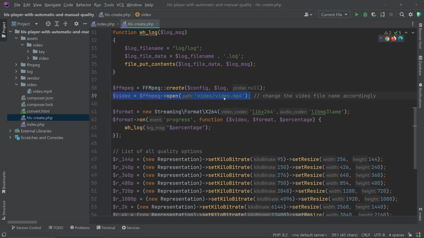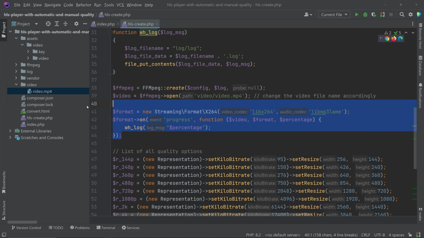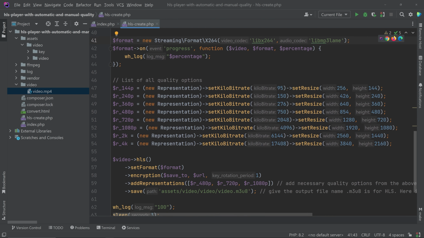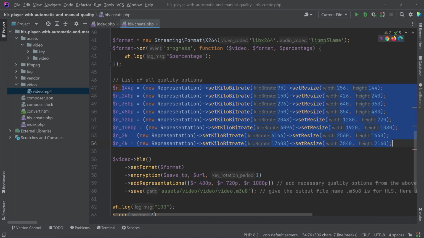and this is the place where we are specifying the file name. You can see inside the folder video, that is this folder, and then inside that we are going to specify the file name, that is video.mp4, and that is this video. Okay. And after that you can see we are creating a progress bar also, and we are specifying the video codecs and audio,